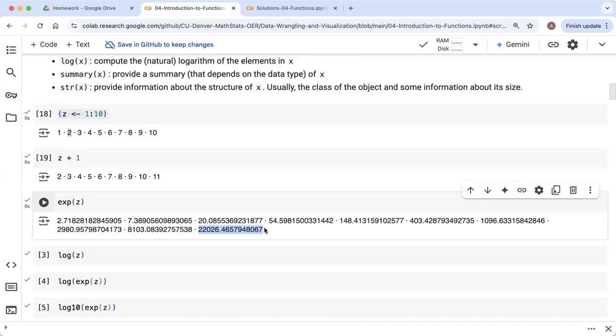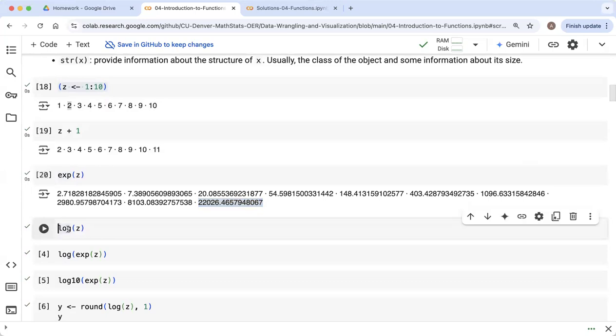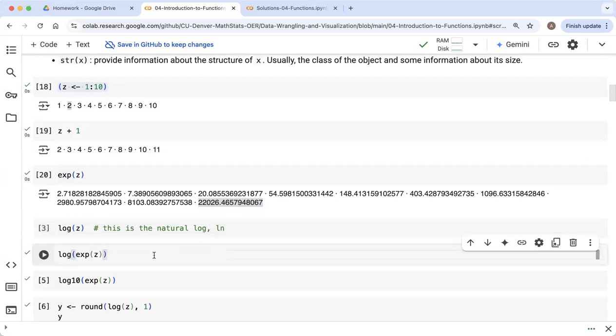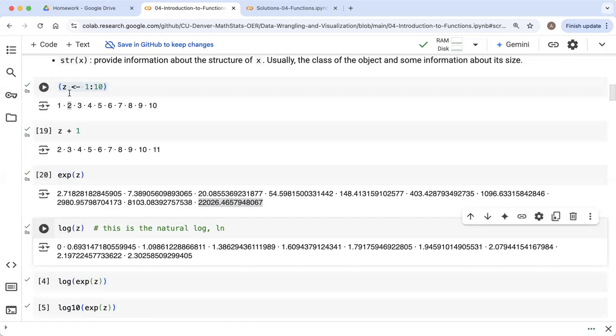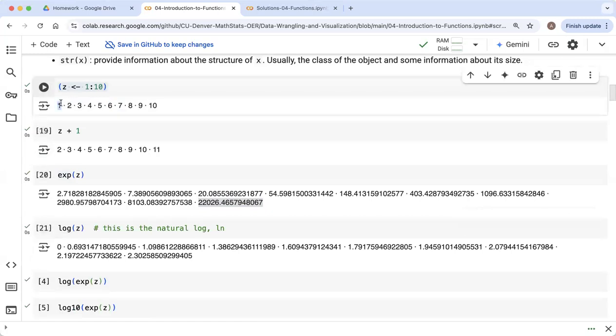So in goes a vector, out goes a vector. The log function in R, as with many other programming languages, log actually means ln. So I'll just put a comment here that this is the natural log, ln, not log base 10. So just watch out for that. So when I apply log to the vector z, it's taking log of 1,